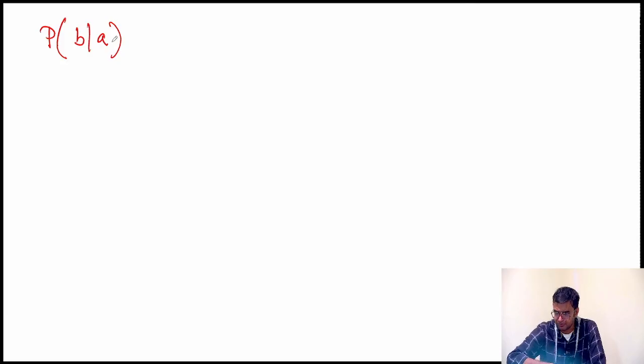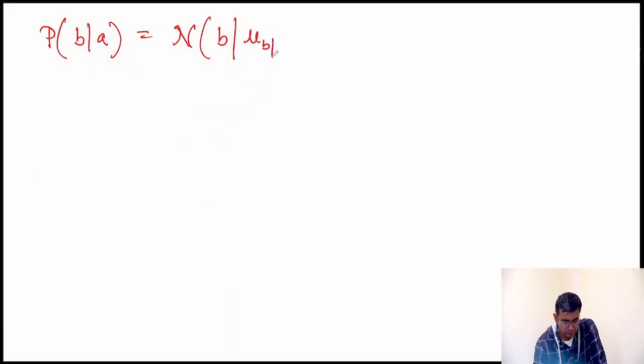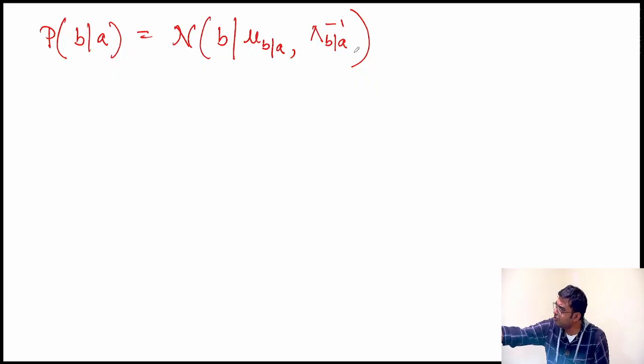So now let us consider probability of B given A. This is what we are interested in. And from the Gaussian property, we know it is a Gaussian. So Gaussian of B given A, it will have some mean, let us write mu of B given A, and it will have some precision, lambda B given A. And these mu B given A and lambda B given A are the unknowns. This is what we want to find out. This is proportional to